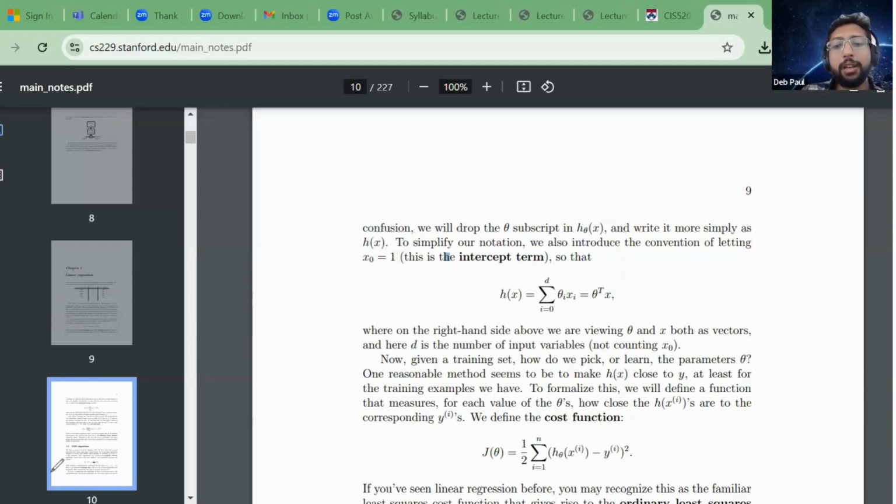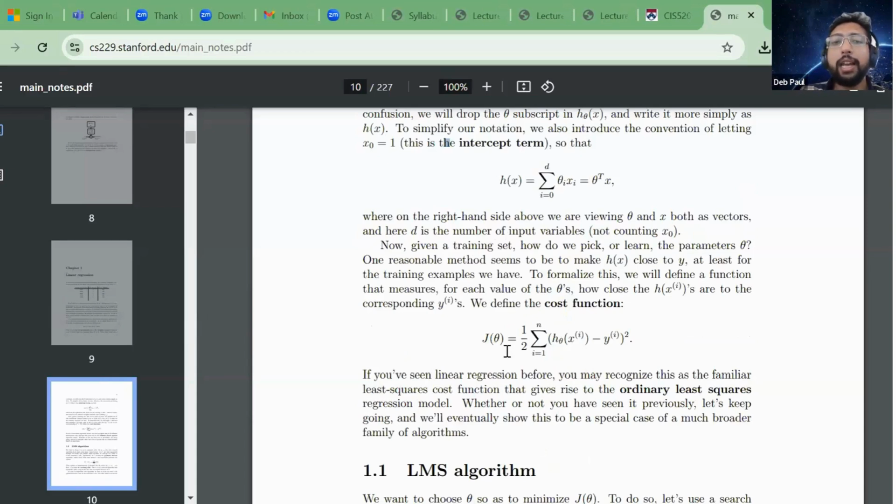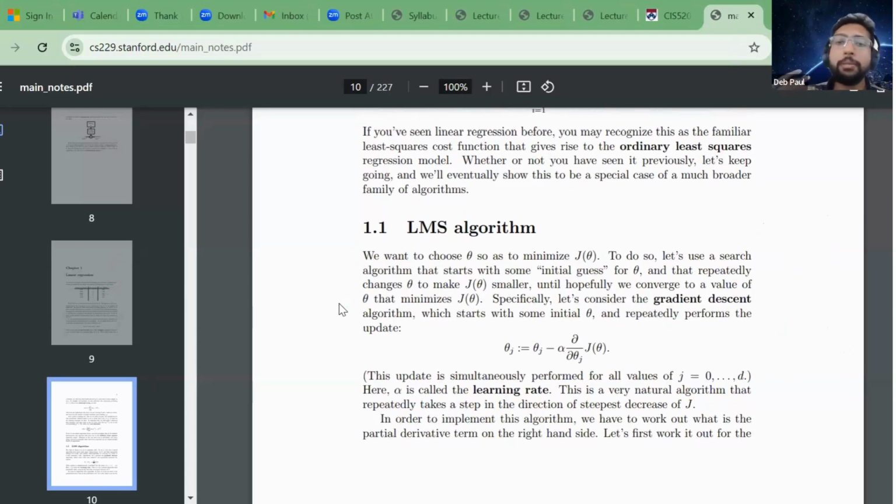Then we have this loss function which we discussed. Here my classifier or my algorithm is h and it is parameterized by theta, and when I input x it gives me a y predicted, and then I do y minus y predicted. Here I'm choosing something called a mean square loss, also called the ordinary least square. You will see OLS as one of the examples. With that setting, let's look at this algorithm that we already discussed: if I have theta, then I can do a gradient descent on top of it.